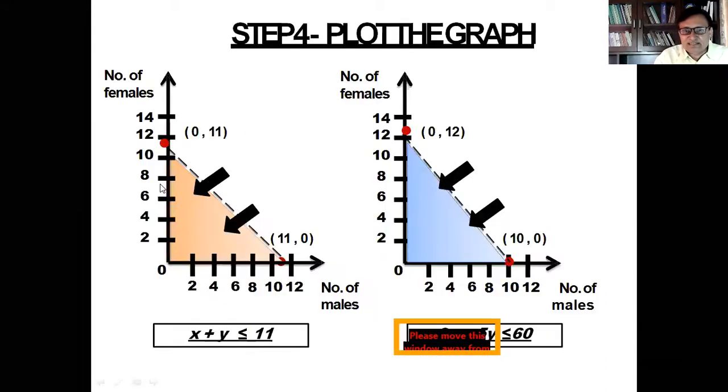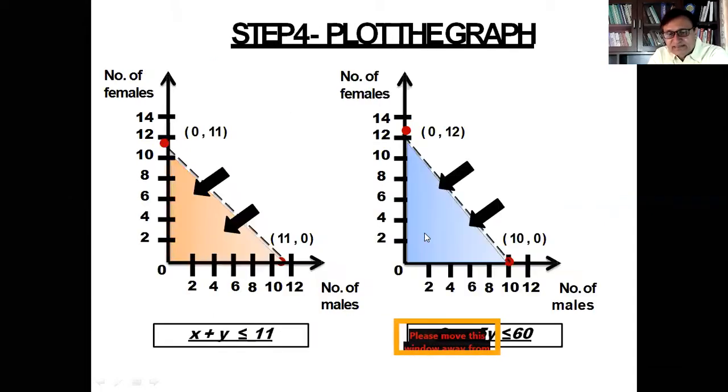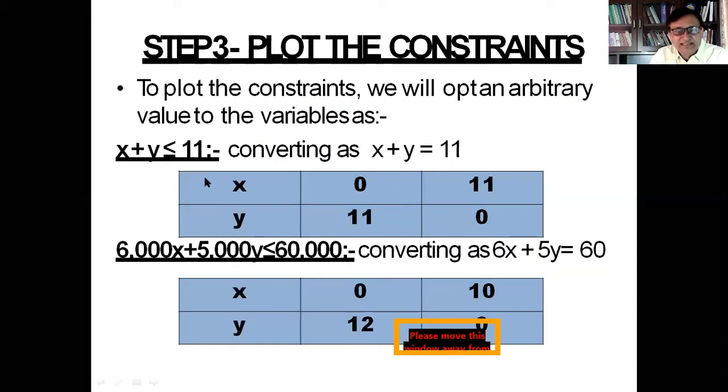So now the third step will be to plot these on graph paper. Firstly, I have plotted these separately, where x is equal to 11, y is equal to 11. This one line is drawn. Another is drawn in another graph. Here x is equal to 10 and y is equal to 12. It has been defined, but you will plot on the one figure only. So here both are plotted on the one graph only. Now, because both these equations have a less than or equal to sign, you can see both these constraints are of less than or equal to type.